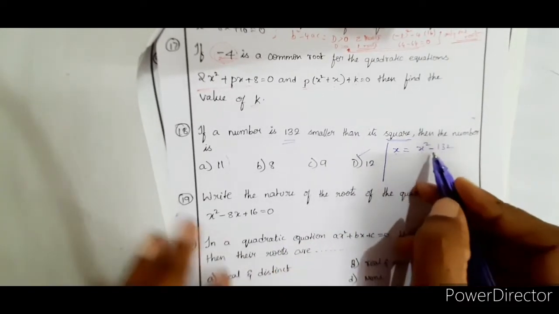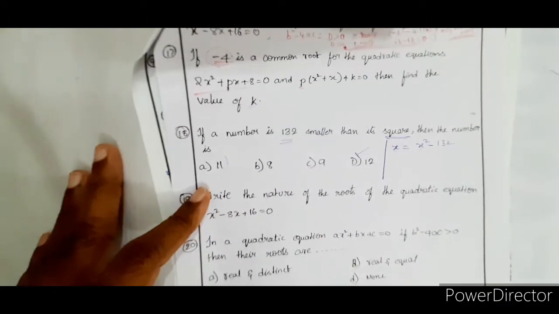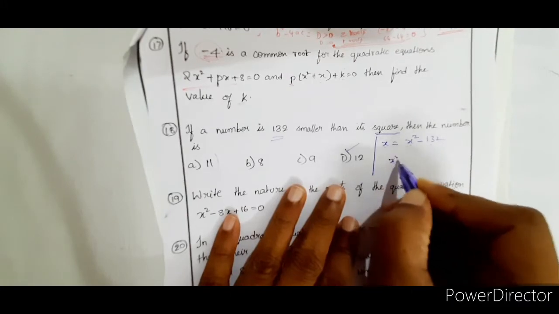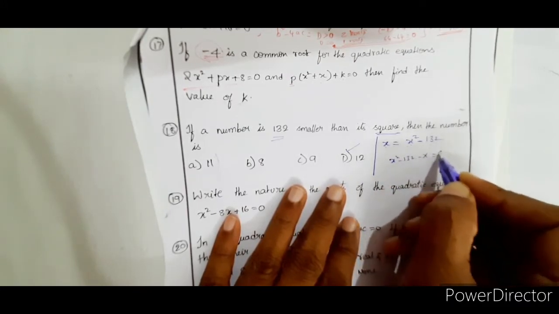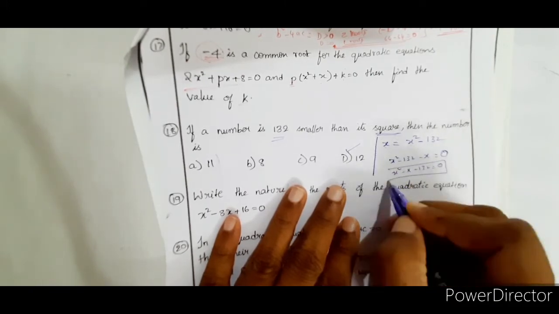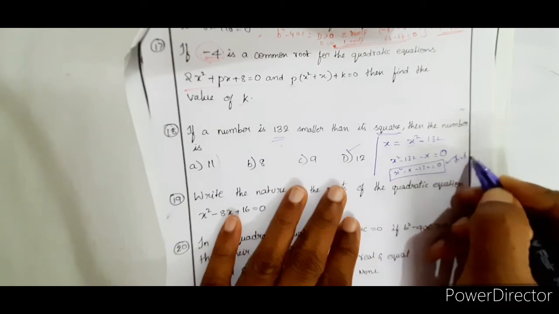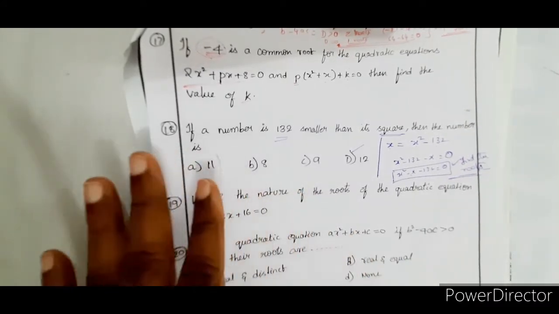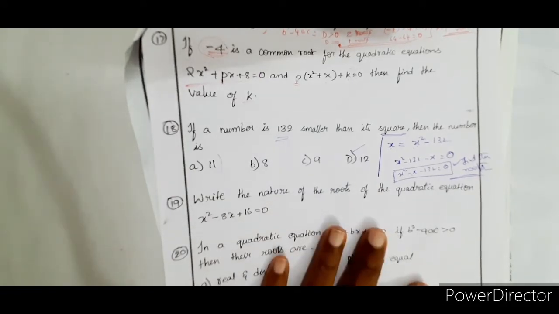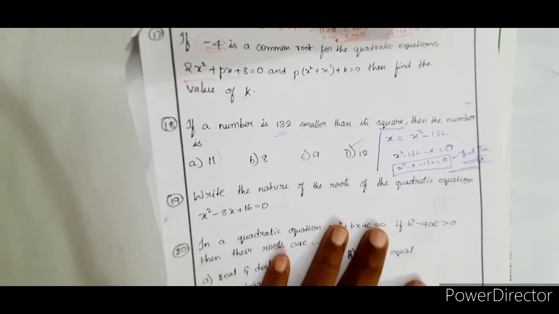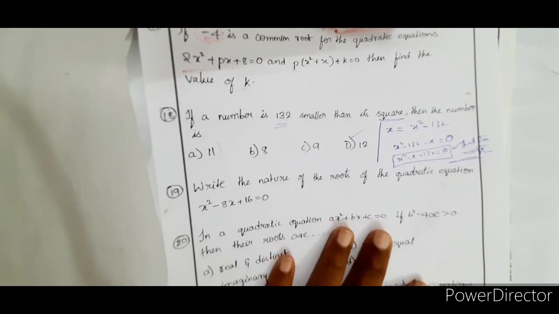Or else, suppose this is asked as a 2-mark question, you won't be having options here. Hence, you can write it as x square minus x minus 132 is equal to 0. Solve this equation, find the roots, and you will get the x value. You know how to find the roots, right? You can use the discriminant form directly: minus b plus or minus square root of b square minus 4ac, by 2a.